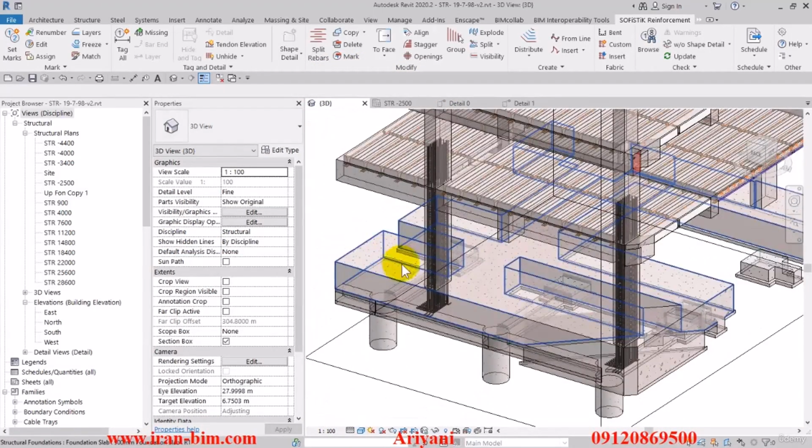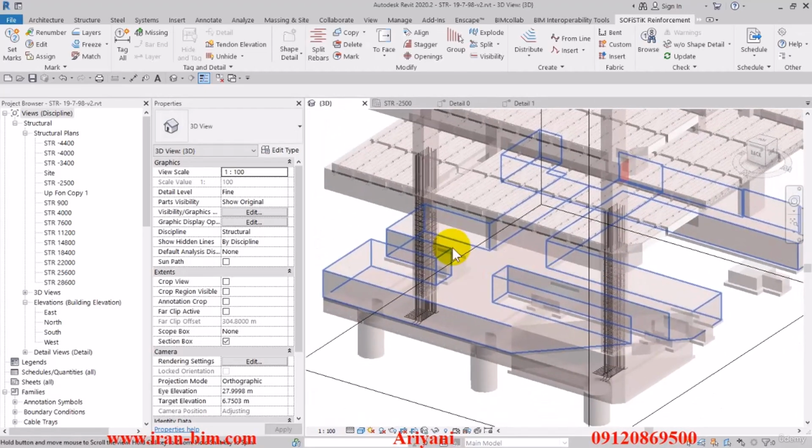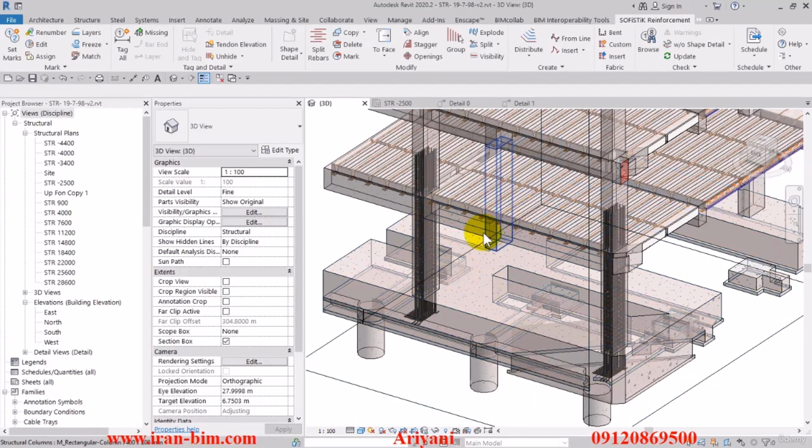So you can do the rest of the columns using the process that we just used, but now we'll model a rebar so you can get to know all of the